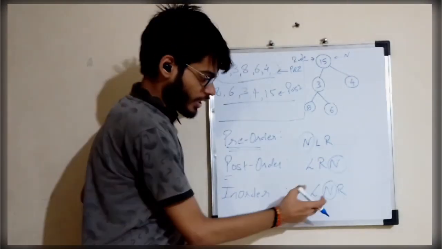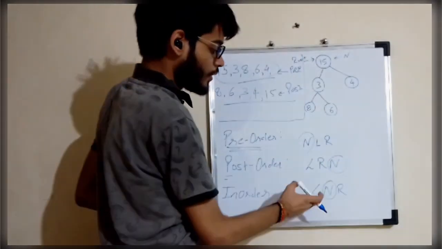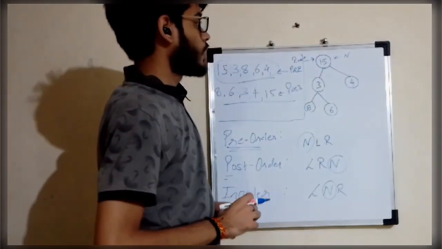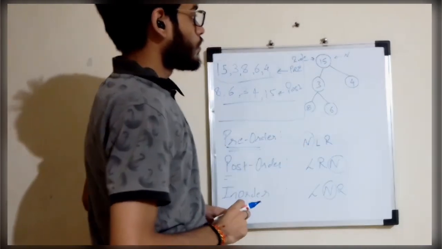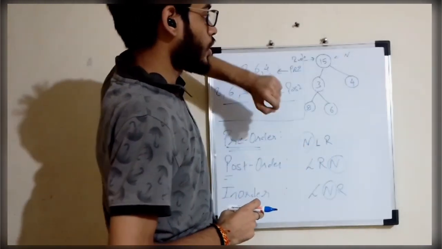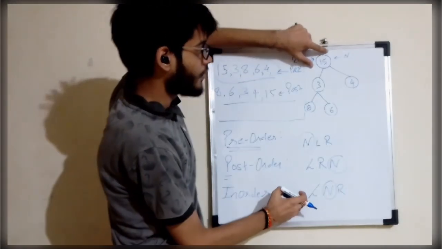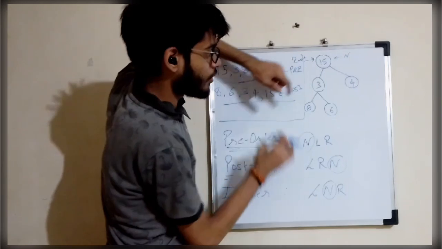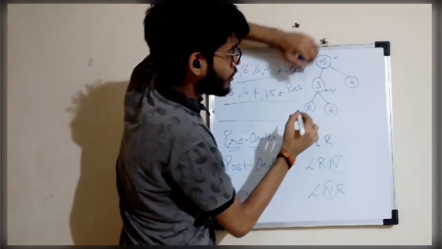So as we can have a look over here, in order traversal we have a node in between. So we have left, node, and then right. So let's apply this. Again we'll start from the root 15. So root is our node for now. At the starting, initially, our root is a node. Now apply this. Visit the left side of 15, coming to 3. Now 3 has become our node.